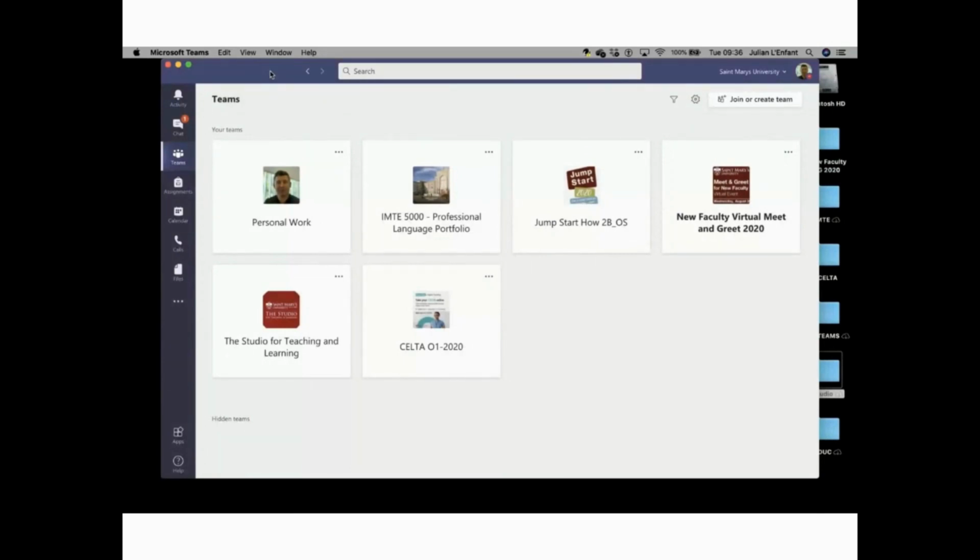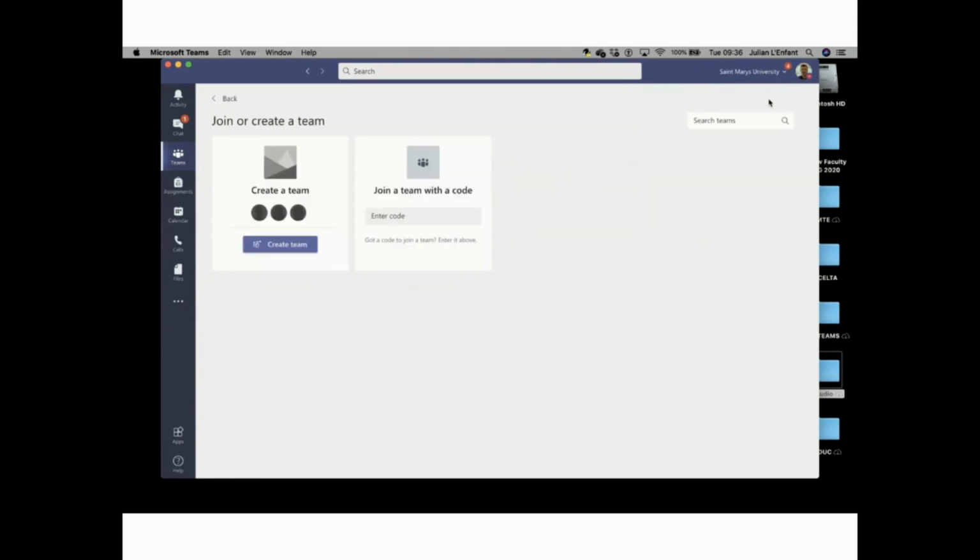Now you can see we're into our team, and you can see all the teams that I'm currently in along here. If you haven't got a team, you can join a team with a code. In the right-hand corner here, you can see join or create a team. If you'd like to join a demo team, you can see I've got a Jumpstart How to Be an Online Student demo team there. If you'd like to join that, look in the chat box,